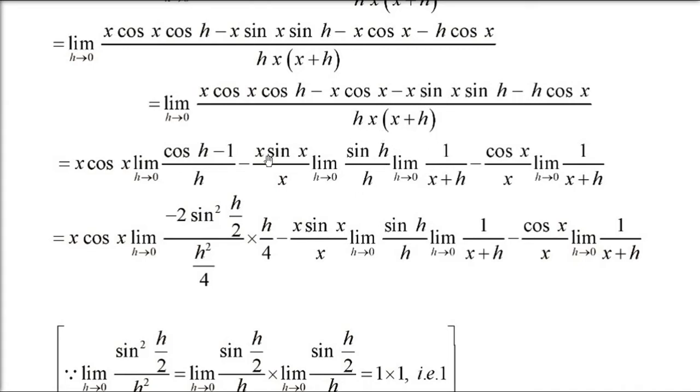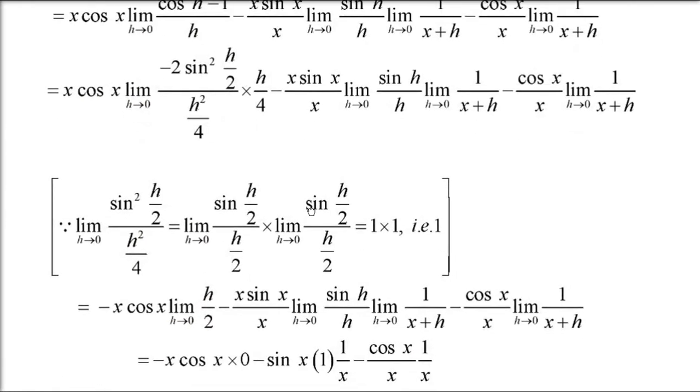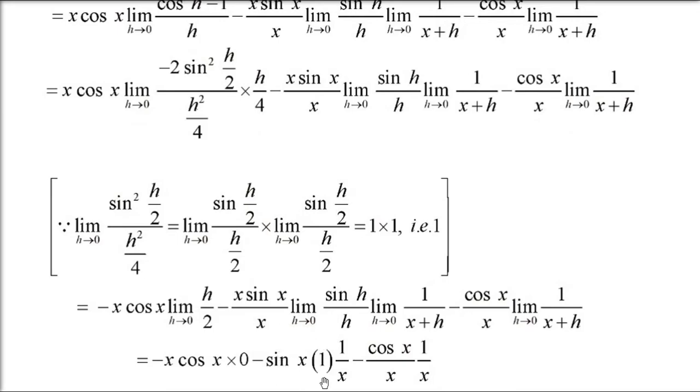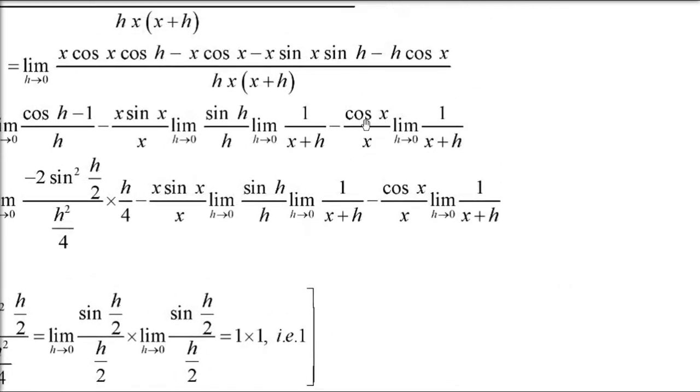Now x sin x by x, you can take 1 by x with x sin x and apply the limit for 1 by x plus h separately also. X sin x by x, x gets cancelled, so you only get sin x here. Sin h by h is going to be 1 and 1 by x plus h, so you have 1 by x. Once x gets cancelled, only x. So sin x by x will come.